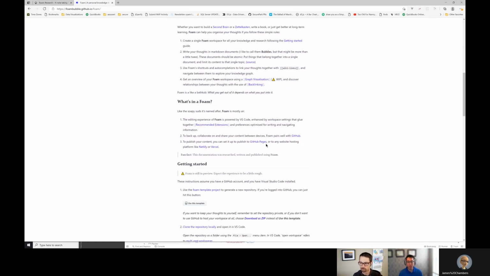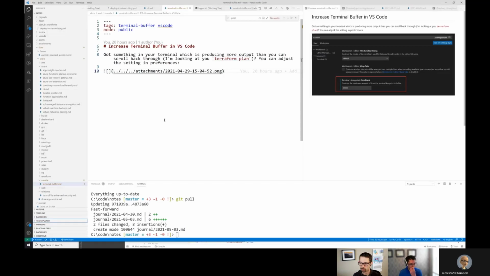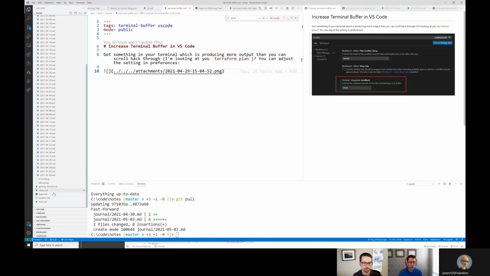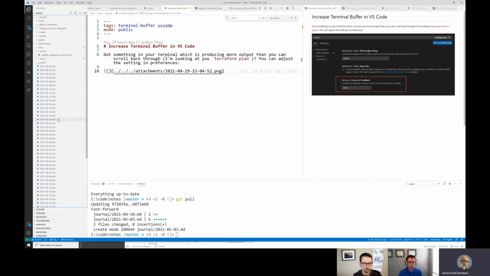So this is a really simple Markdown-based tool. I have it installed over here, and I have my note directories here. So I split it up, and I have a journal for every day that I've been doing this. So I guess I started this back, it's actually 2 months ago today. So that's cool. Happy anniversary.